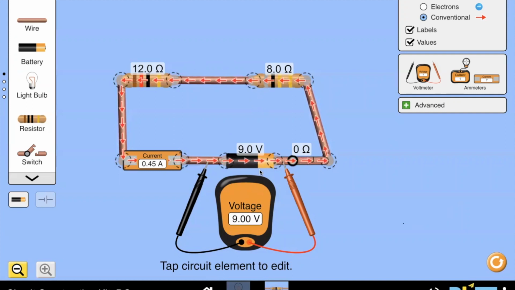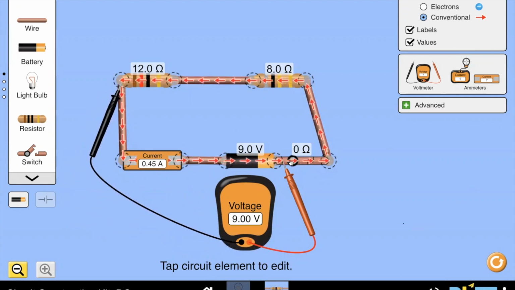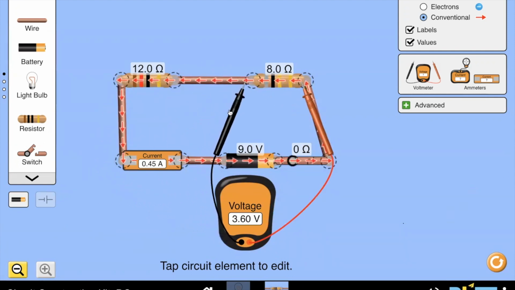So internally, there is no resistance. So no voltage can be consumed inside. This ammeter also is an ideal one. So 0 resistance, hence 0 voltage consumption. So let's take the voltmeter and connect its leads or terminals across this resistor. And you can see it is showing 5.40 volts. That means the voltage that was being distributed in the circuit is 9, but the moment you connect the voltmeter across the ends of this resistor, the voltmeter is not reading 9 volt, it is reading 5.4. Similarly, when I place the voltmeter here, again, it will not read 9 volts, it is reading 3.60